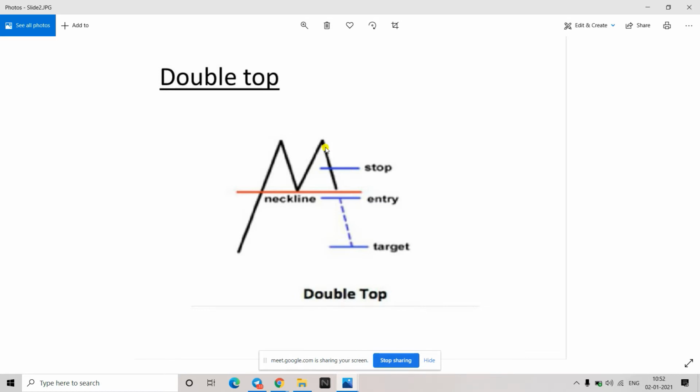You can see, for example, if the price has again come down here, and again it is approaching the same place, and again price is not able to go up and is coming back, then wherever the breakout comes, the breakout will be strong. It's a simple thing. If I just draw a straight line here, there will be some buyers that take the price up. Here the sellers will dominate and take the price down. Here again the buyers will dominate and take the price up, and here sellers will dominate and again take the price down. Somebody has to lose the battle somewhere. So the longer it takes for somebody to lose, the better price action you'll see once the breakout happens.